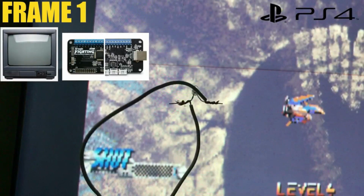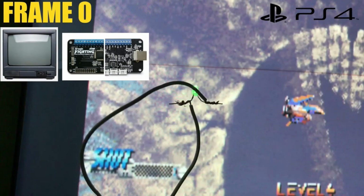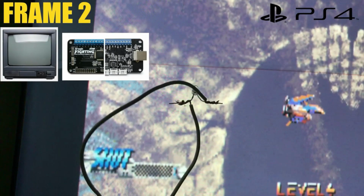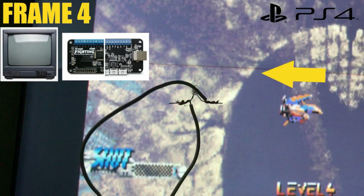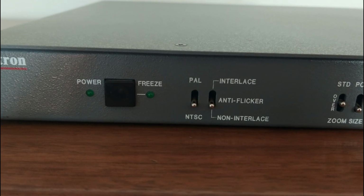How am I taking the signal from my PS4, which is 480p, HDMI only, and getting it into the S-video of my consumer-grade 15Hz 240p Sony Trinitron? And so what I want to do in this video is not only discuss the method in which I am doing this with the least amount of input lag that I think is possible, but I also want to talk